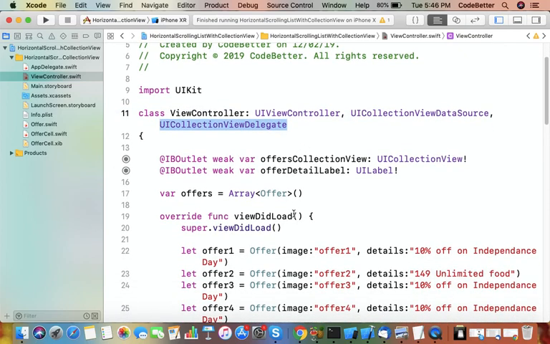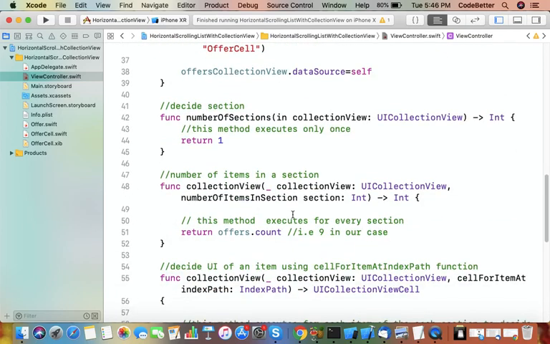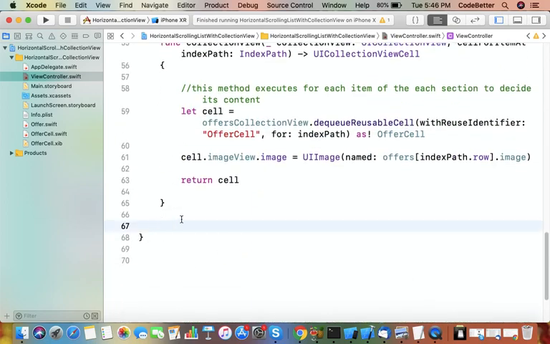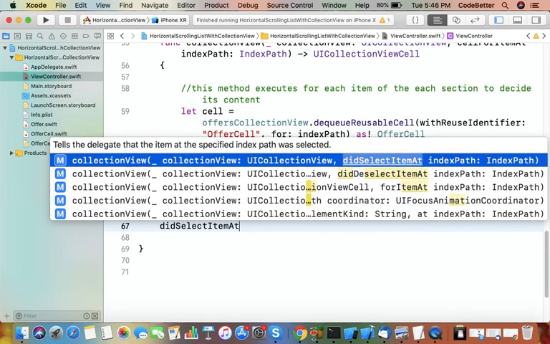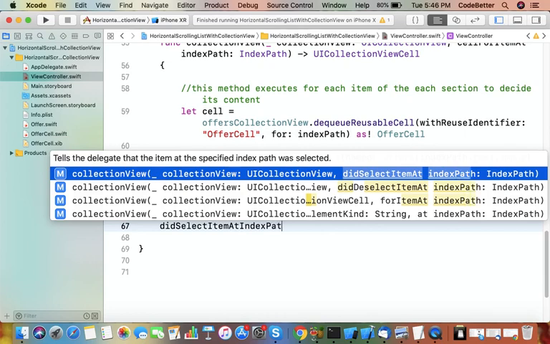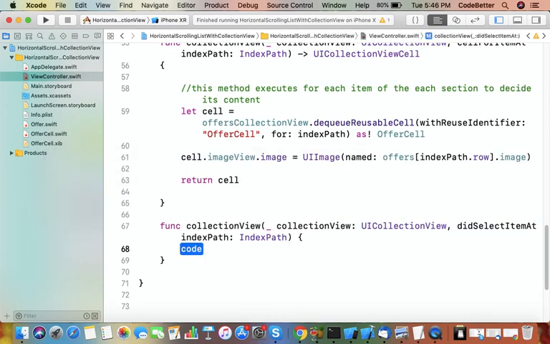Let us implement one method from this protocol before the end of this class: didSelectItemAt indexPath. Whenever an item is selected, its index path, that is its section number and item number, is given to you.